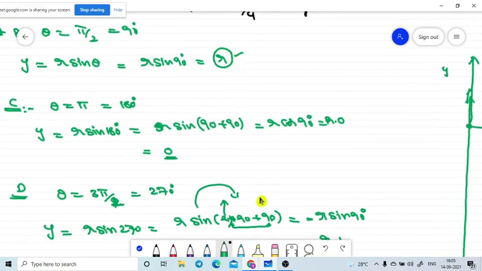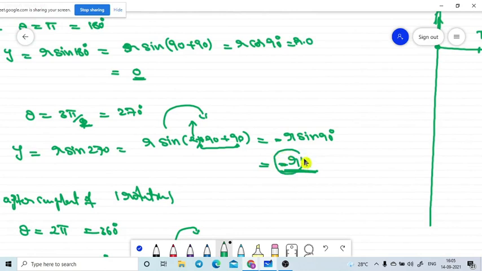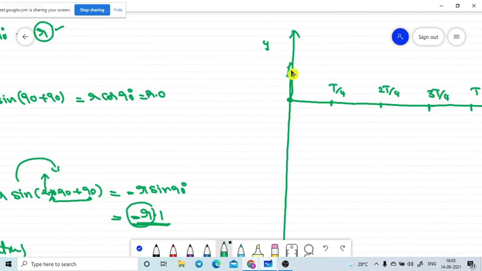The maximum displacement in the negative direction we achieved is minus R. So that means fix the values: this is the plus R in the positive direction, and here is the same distance, minus R, in the negative direction. At t is equal to 0, the particle is located at the same position only, the y is equal to 0 location only.